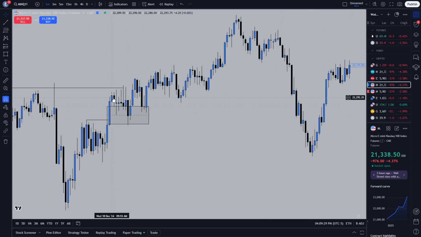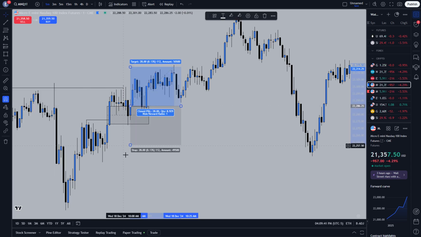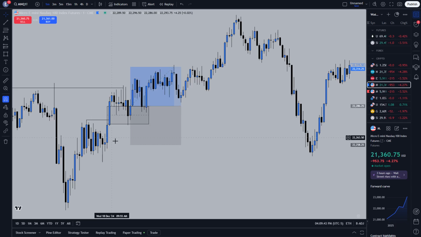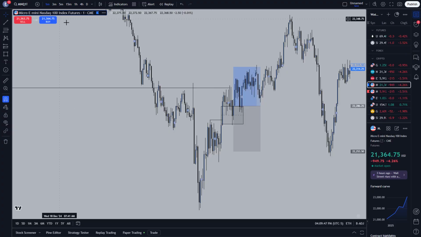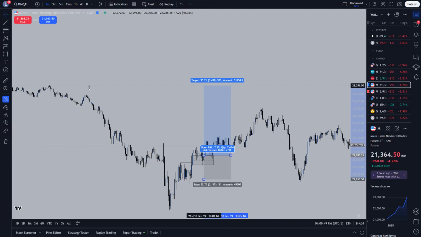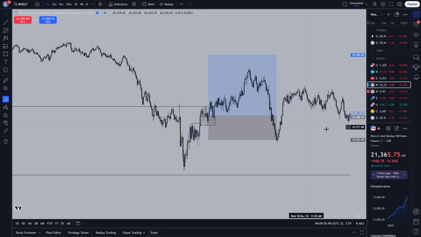We were chopping at this imbalance here for a bit. We weren't giving any clear candle body closes above the imbalance, but once we actually had a full candle close above the imbalance without a wick up here, like this right here, I entered off that candle, stops just below the candle wick that created the imbalance, so right here, and then take profit would be just this 15-minute high, okay? And it's very, very unfortunate what happened.